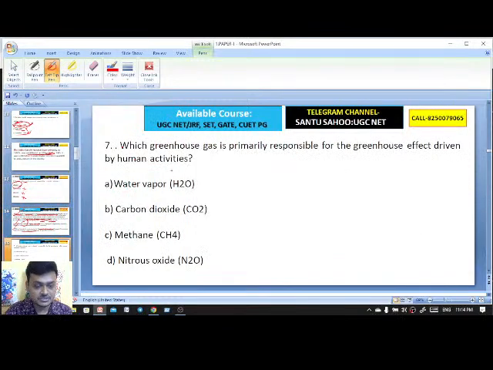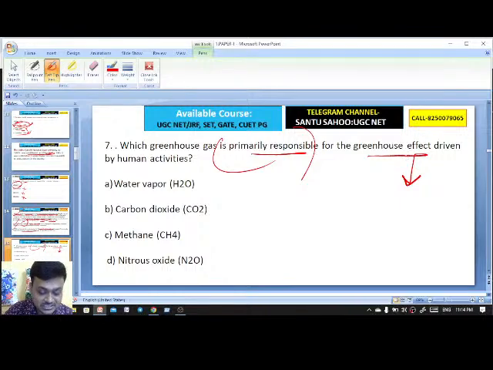Chalo. Next question. Which greenhouse gas is primarily responsible for the greenhouse effect driven by human activities? That is anthropogenic activities. Which greenhouse gas: water vapor, carbon dioxide, methane, or nitrous oxide?